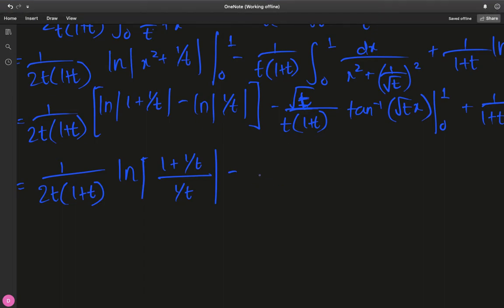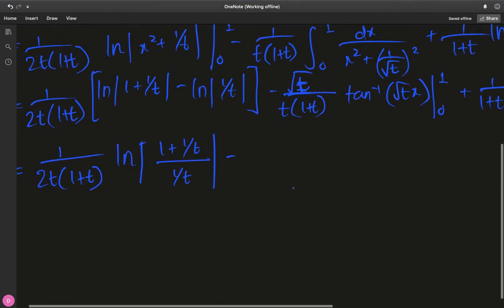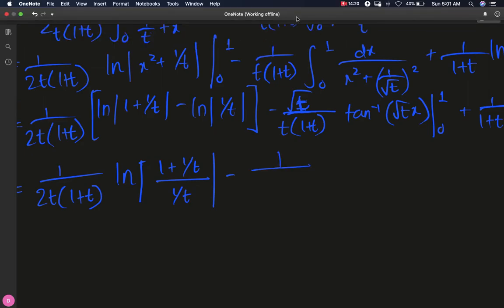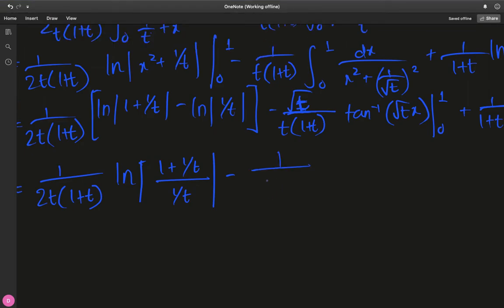Okay, so we have this natural log expression over here, and then we have a square root of t and a t, so one of those t's will cancel out, so we have 1 over square root of t times 1 plus t, and when I plug in 1, I have the inverse tangent of square root t